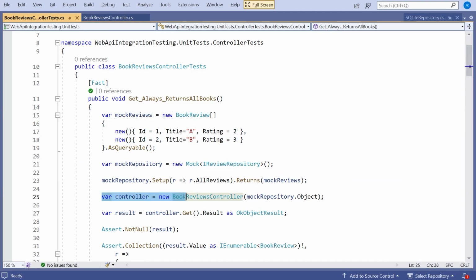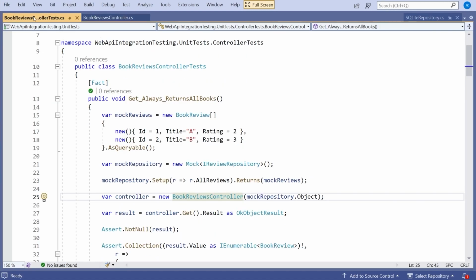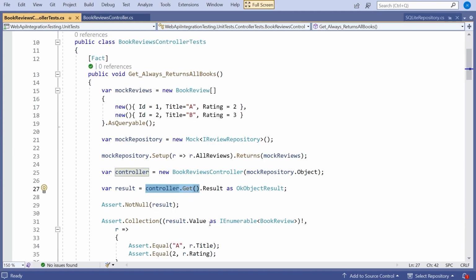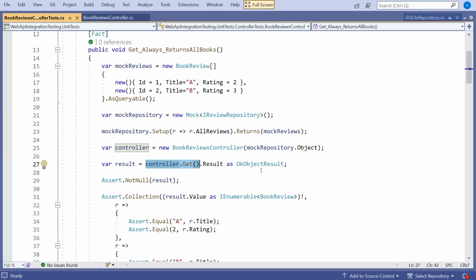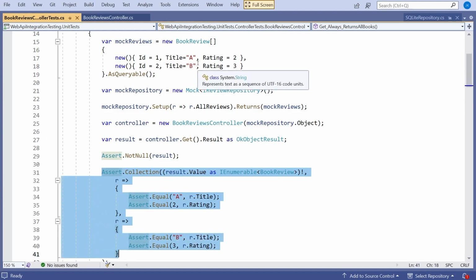But then here we've got the actual code that does the testing. So we create a controller programmatically. This is one of the key things about unit tests, that you just write C# code and we're creating a controller there and passing in the mock repository. So normally in the controller we would be injecting whatever's being configured to implement that interface, but we're not worrying about injection here. We are just passing in our mock object. We then just call the method that we're looking at, so the get in this case, and then we verify that we've got the right type of result, so an OK object result in this case, and also verify that the data that's come back matches the data we expected.